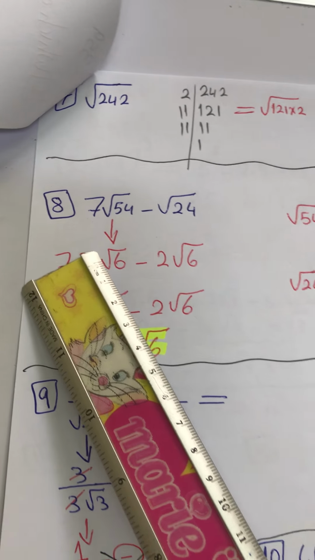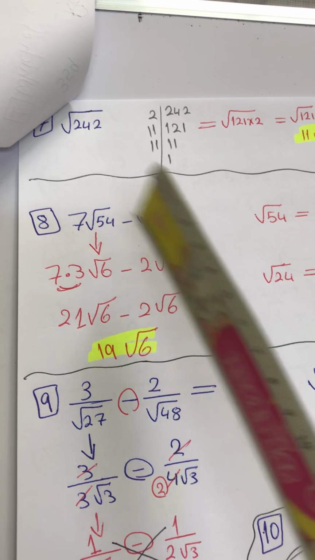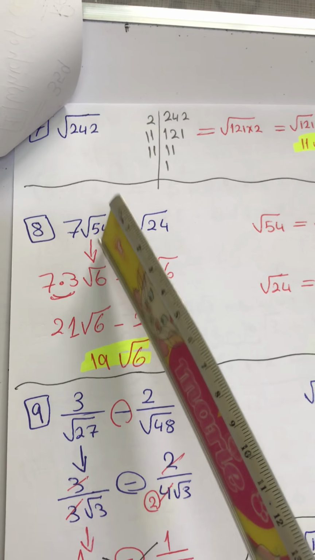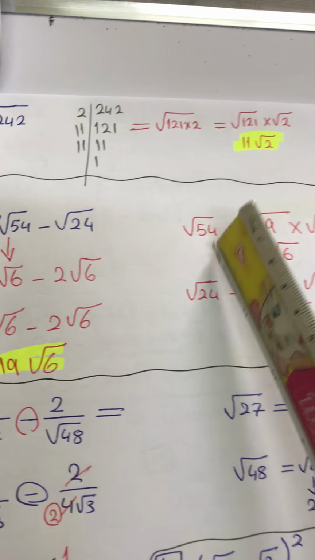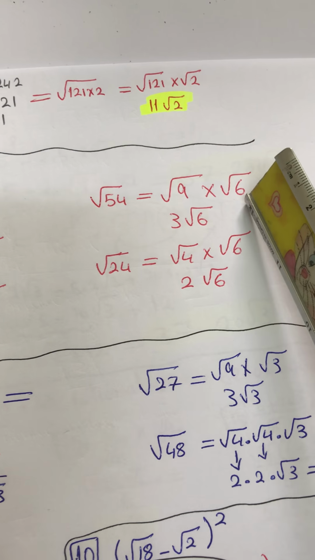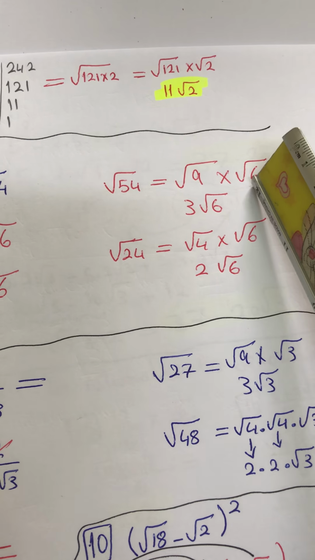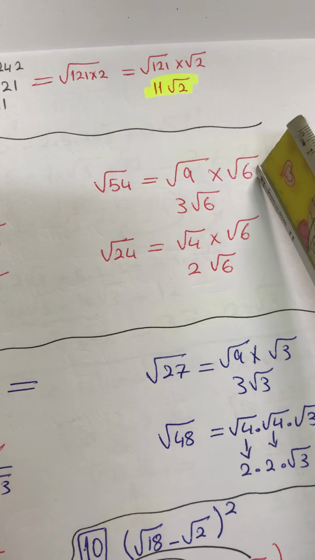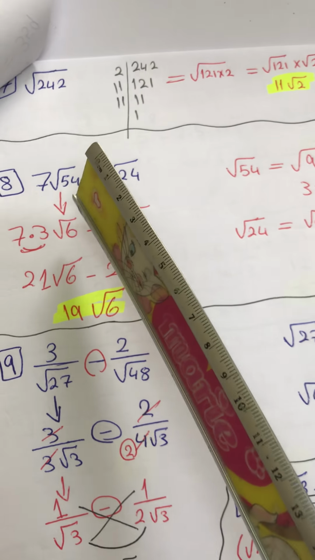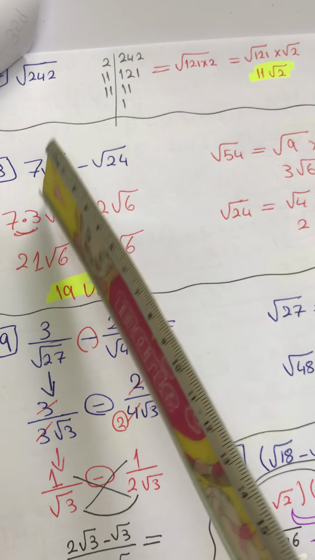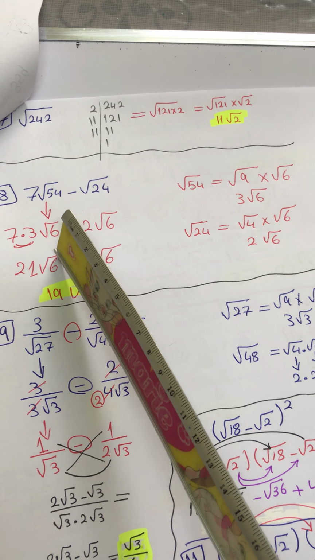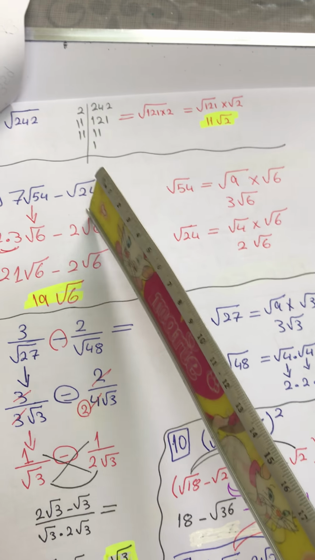Okay, in question number 8, it's subtraction, but it is not allowed to me to subtract different square roots. So I'll take square root of 54 aside like this and try to simplify it. 54 comes from 9 times 6, so I have two square roots, square root of 9, square root of 6. Square root of 9 gives me 3, square root of 6 is still the same, and then take this answer instead of 54. So I have 7 multiply 3 square root of 6 like this,